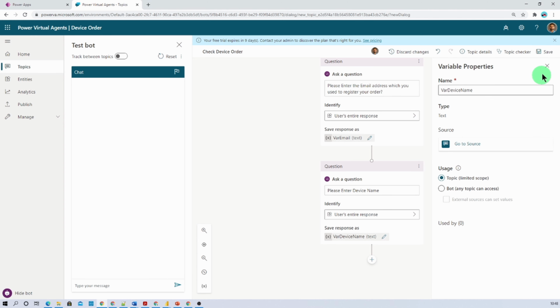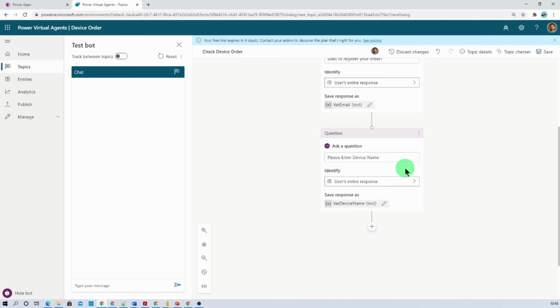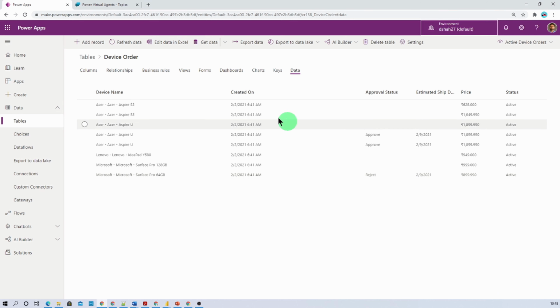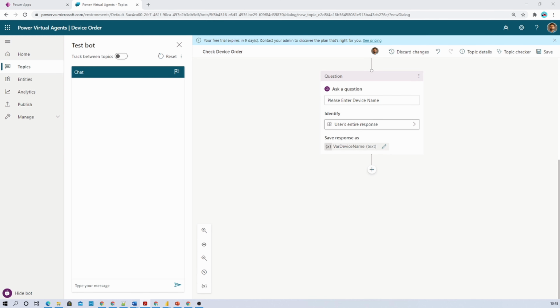So we ask two questions. Now based on these two questions we want to trigger one flow which will find out, for this user, how many items are available inside this particular table and what its approval status is. For that we need to trigger a flow.